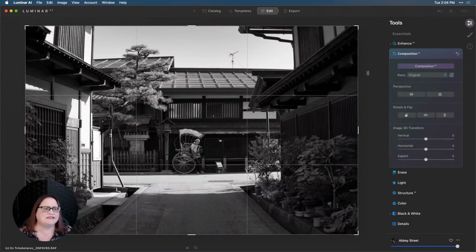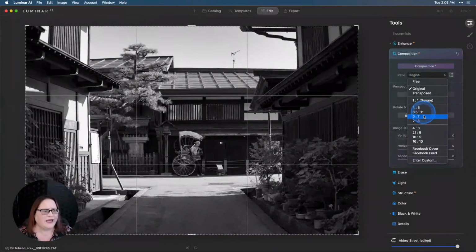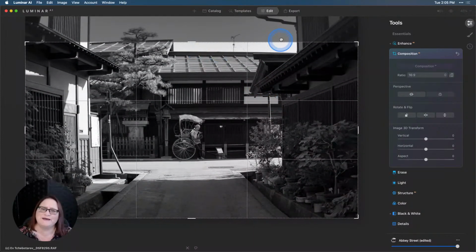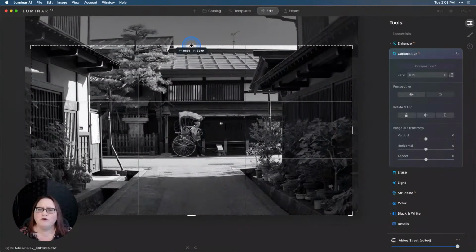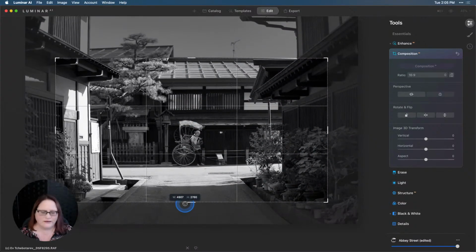I'm not so convinced. Instead, I want to do my upright perspective, and this is just going to straighten out the buildings a little bit. There we go. And then I want to go to my ratio, and I want to make this a 16:9. So what I'm going to do there is move this down. You'll see we've cropped out most of that open space at the top that really does nothing to help tell our story. And then I'm going to pull that down a little farther so we just take that sky completely out of the equation. And now we can pull that up, excuse me, and get in a little bit closer